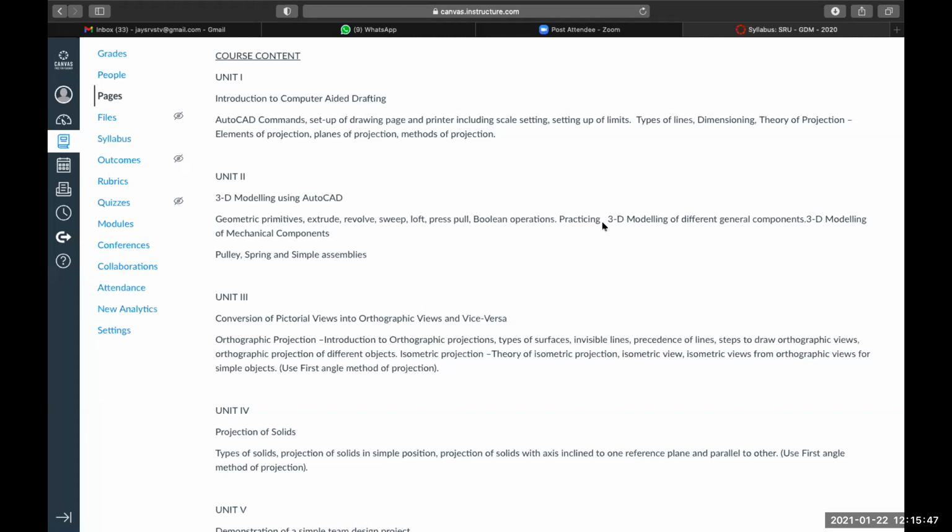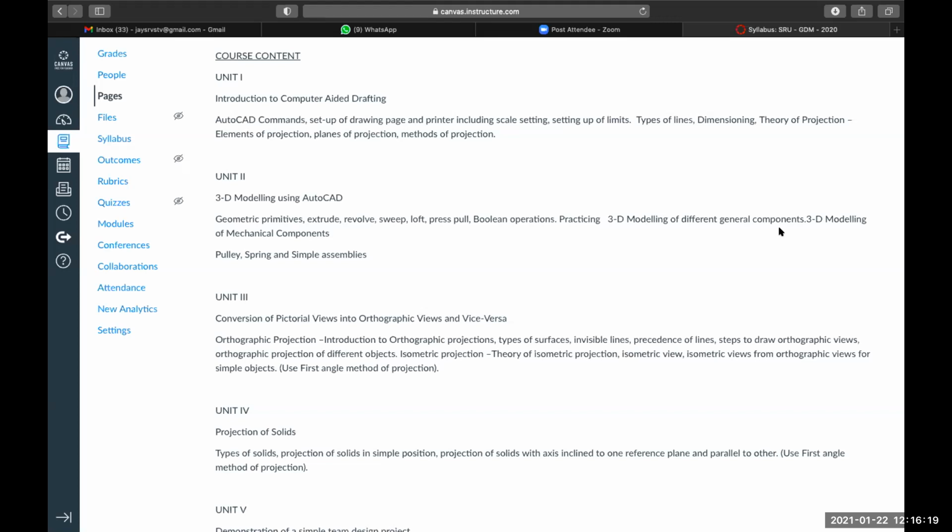That's why in the beginning we were saying that you need a desktop computer or laptop for this subject. Now 3D modeling of different general components. We have seen three to four general components, how to draw that inclined 3D object. Three cases we have seen: steps problem, inclined object, and one more simple one, the cut hole portion.